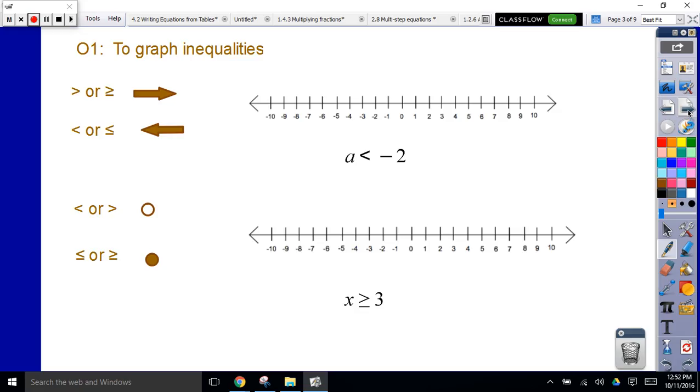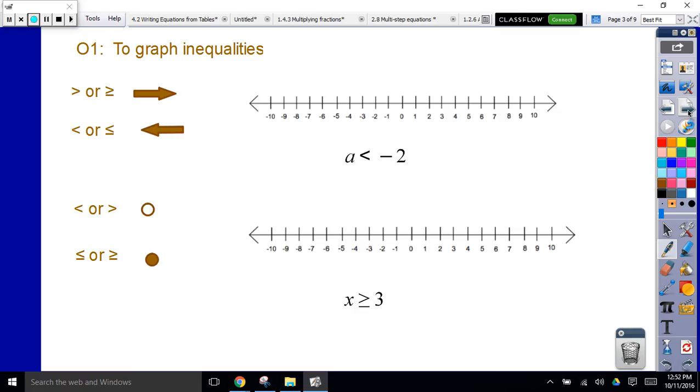Another rule we have, if we do not have that equal sign, if we just have a plain less than or a greater than sign, we're going to use an open circle. The open circle means that it does not include the point that it's on. It includes all the points greater than or all the points less than, but not that point. If we have the equal sign in there, so we have less than or equal, or greater than or equal, we are going to color in the circle, which means that point is included